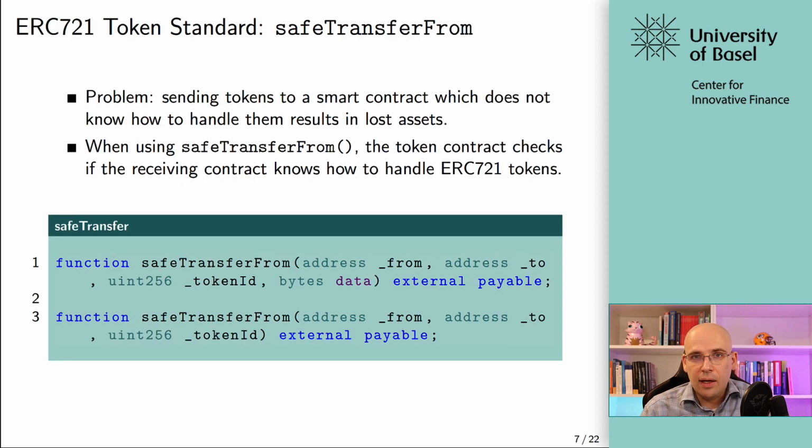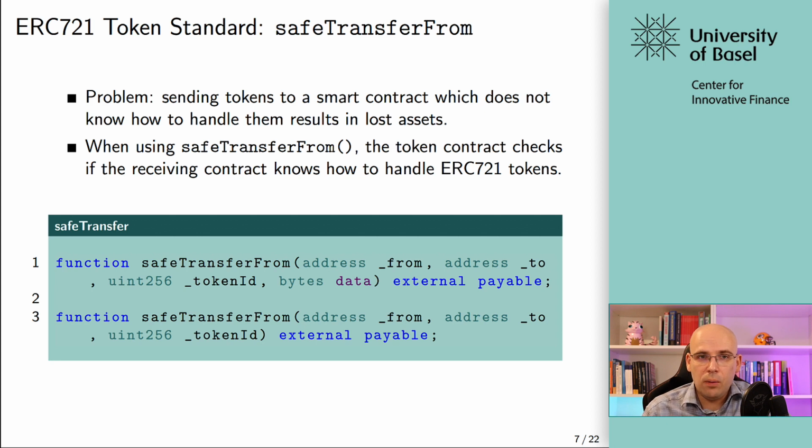Then there is a further addition, and that's called safeTransferFrom. It essentially treats the problem that sending tokens to a smart contract which does not know how to handle ERC721 tokens would result in a loss of the assets. In other words, when you're sending your NFT to a contract account that doesn't have functionality to handle it, then it would be lost, and that would be really